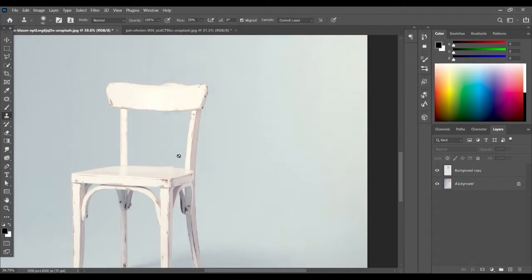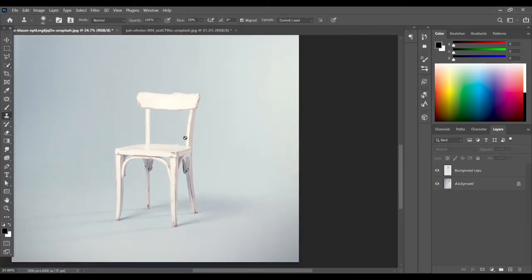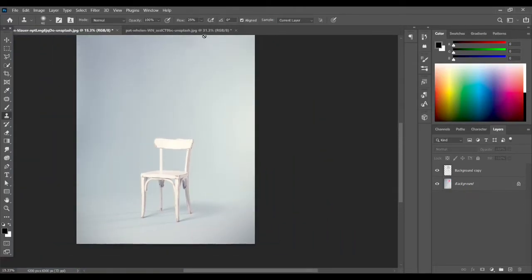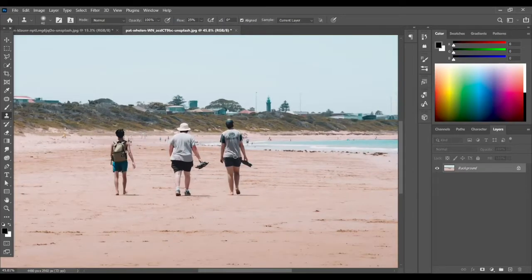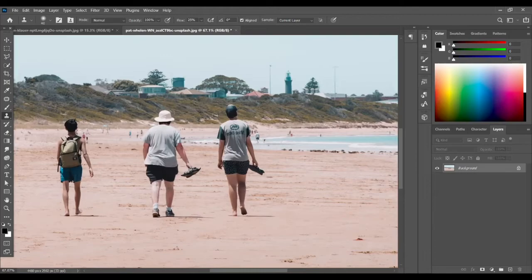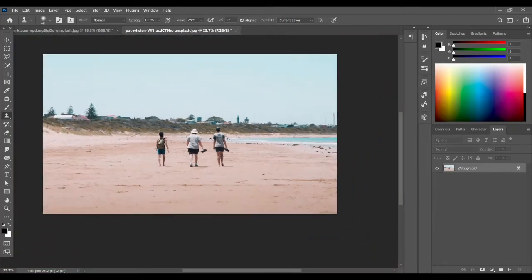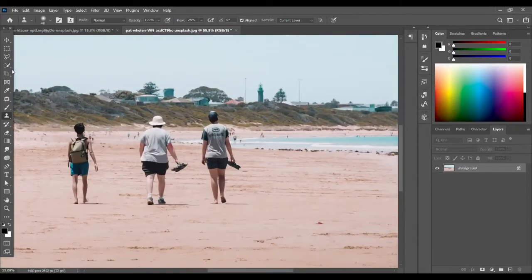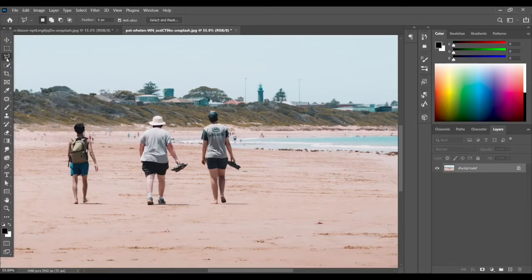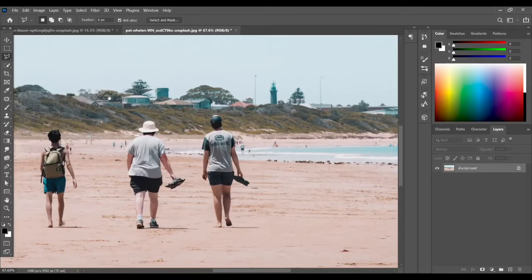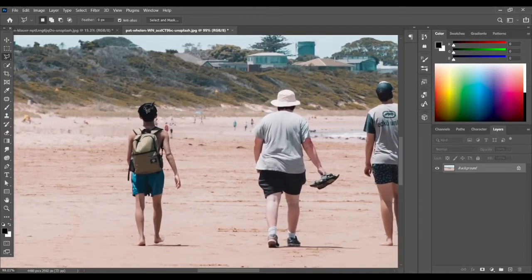And guys, for more understanding, let's take another example. I have already placed another image and I want to remove the first guy and the third guy from this picture. So use any of the selection tools. In this, I am using the polygonal lasso tool